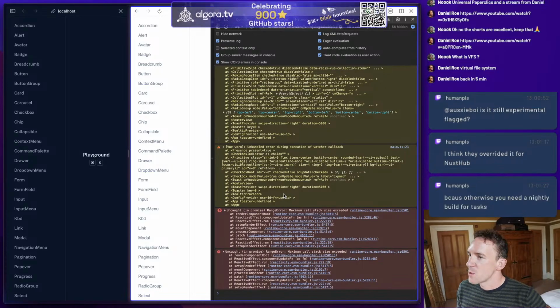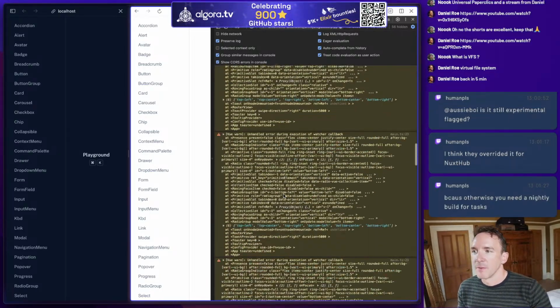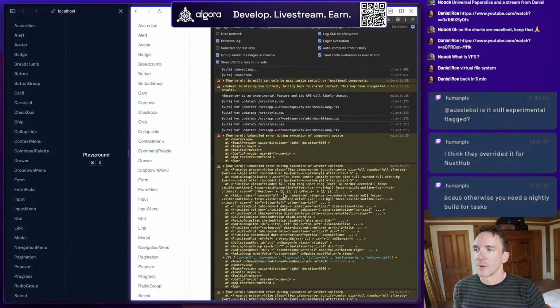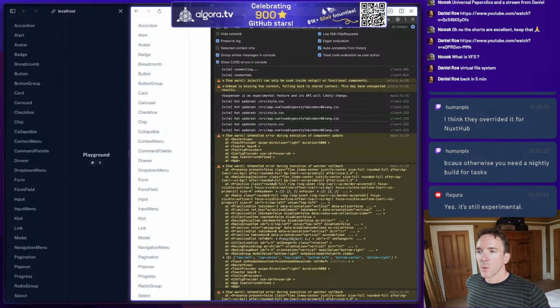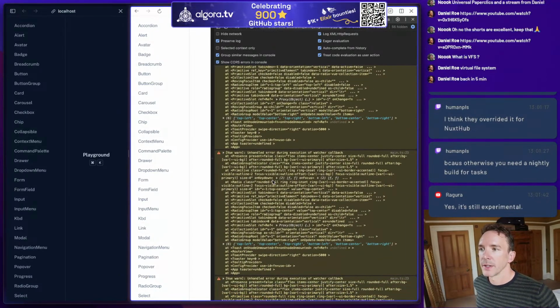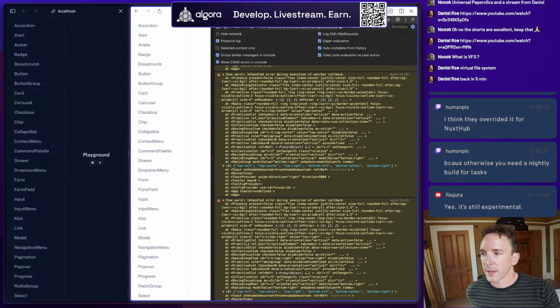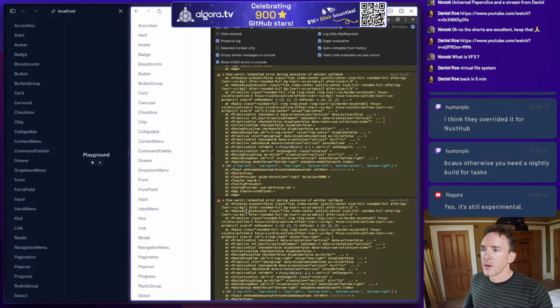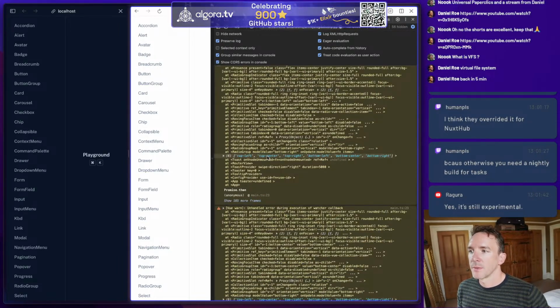Okay, we're getting a different error. But that means that the app config is working correctly in terms of loading user app config. But we have this weird error about a watcher callback in presence, radio group indicator presence.